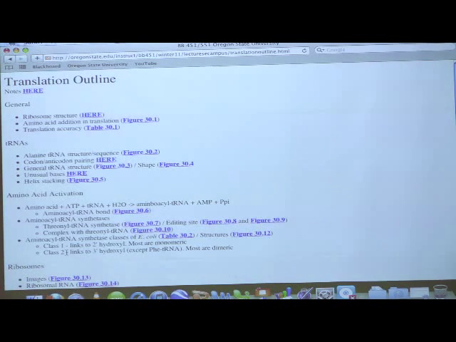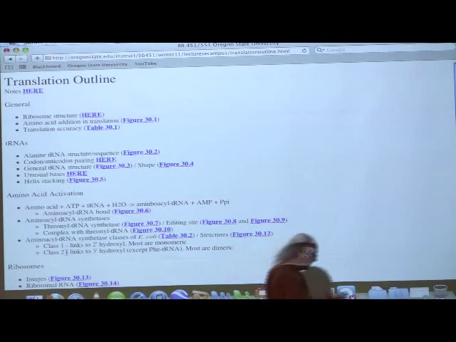Okay, now, I said when I began talking about transcription that I'm very picky that you don't mix the terms transcription, translation, and replication. So I'll repeat here, translation is a process whereby messenger RNA sequences are converted into amino acid sequences. So the sequence of nucleotides in the messenger RNA dictate the sequence of amino acids in the protein that's made.